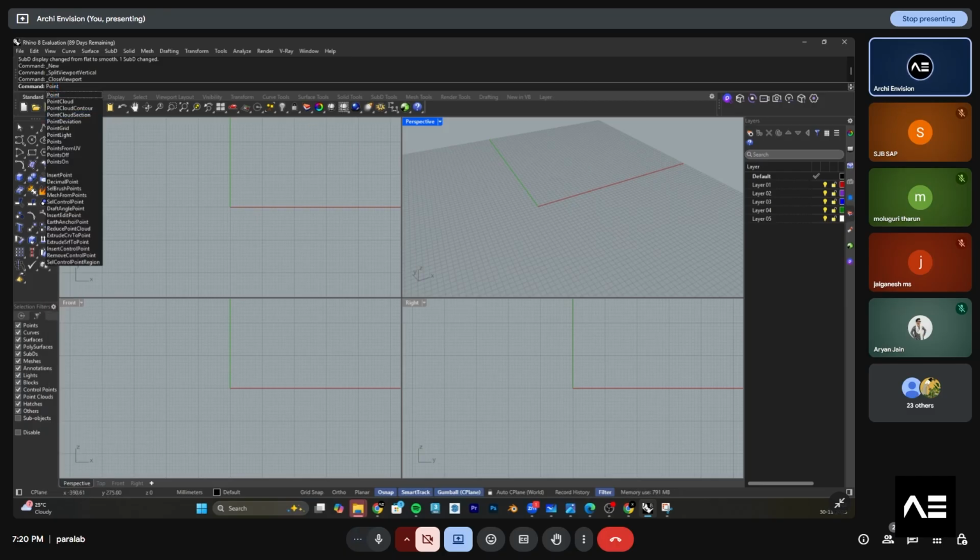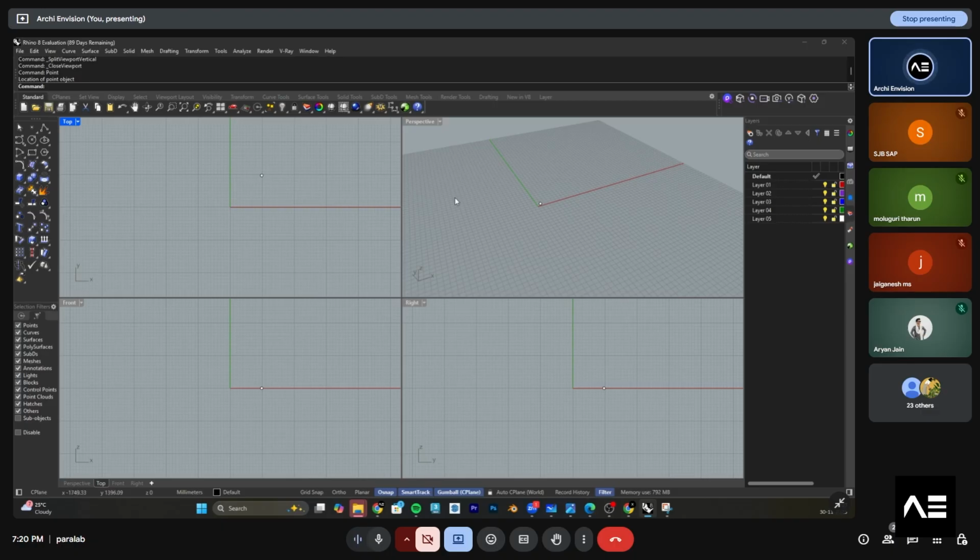I can type point. First I just type point and click on space. So it will bring me a point. So I can work on the 4 axes. Can you see it? It's actually working on 4 axes. So you can work along 3 axes and 4 viewports. So either you can randomly place it like this and it will be randomly placed and it will show over here. Can you see it?